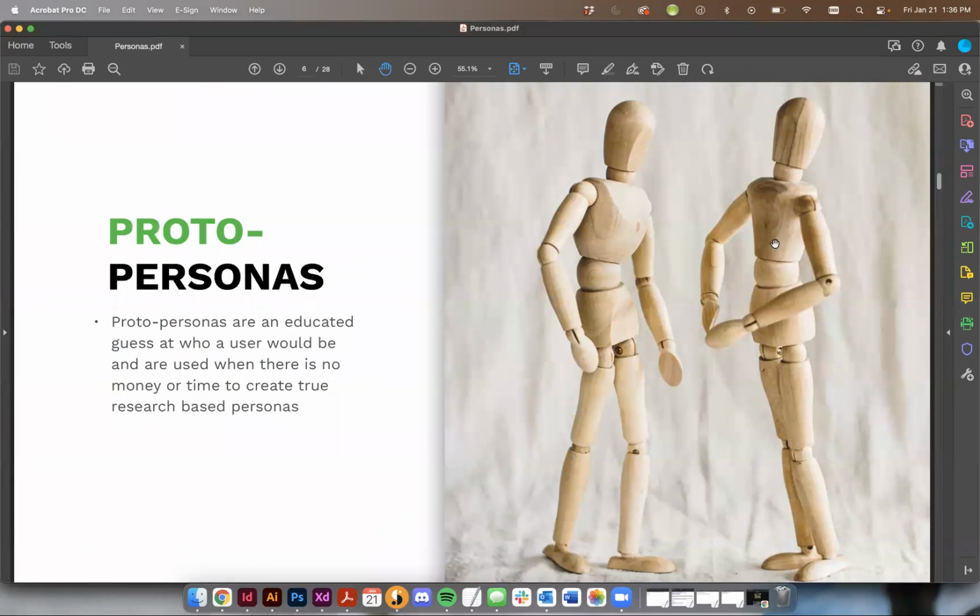Last but not least, we've got proto personas. They're an educated guess of who those users would be, and are used when there's no money or time to really create a true research-based persona. So generally, there's big companies out there. They will go and do all the digging, all the research, and create the actual personas and figure out who the target is. You end up with a big giant binder of market research. When, as the lecture states, there isn't enough time or there isn't the budget to do that, because it can be quite the costly process,